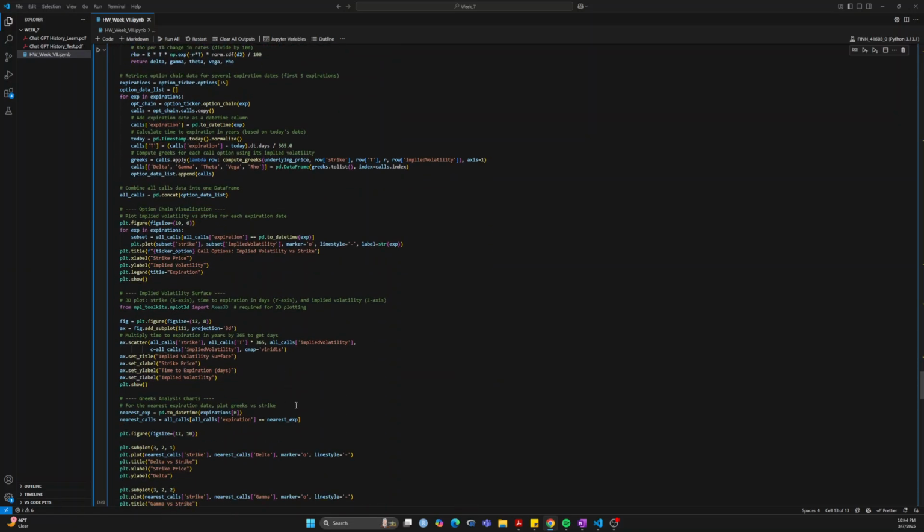I then create, let's scroll down, I then create a plot of implied volatility versus strike price for each expiration date. This visualization helps in comparing the volatility skew across different expiries. Next, I build a 3D scatter plot to represent the implied volatility surface. The surface plots strike price on the x-axis, time to expiration in days on the y-axis, and the implied volatility